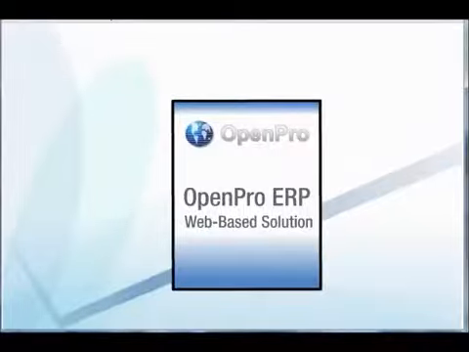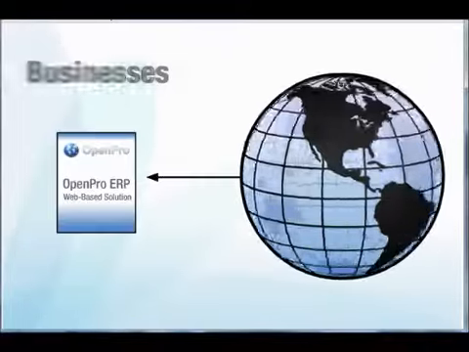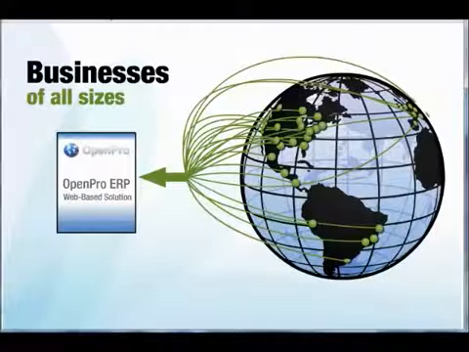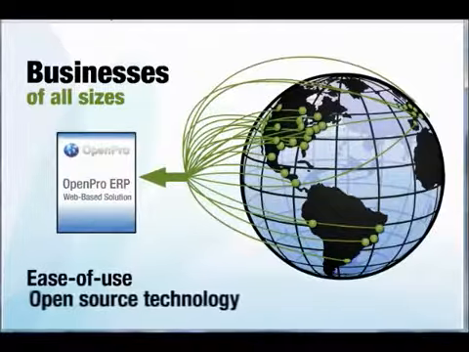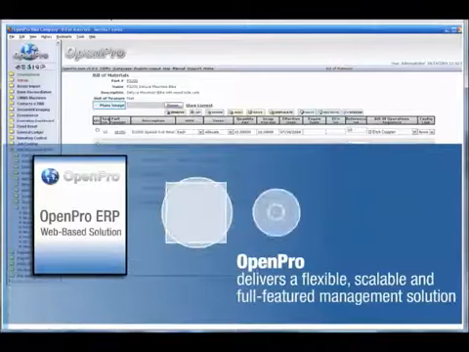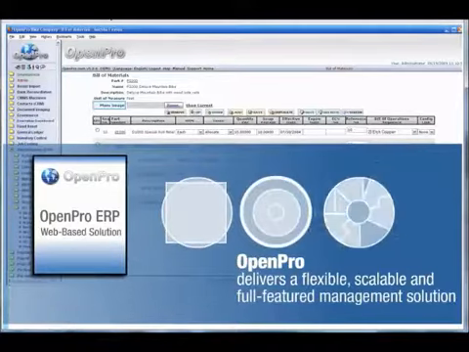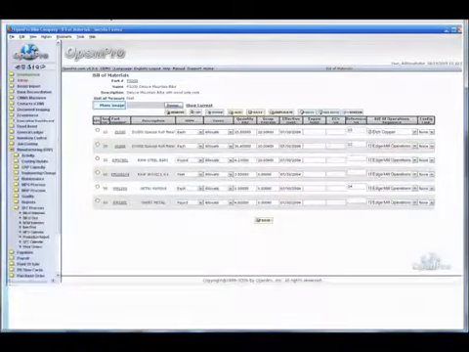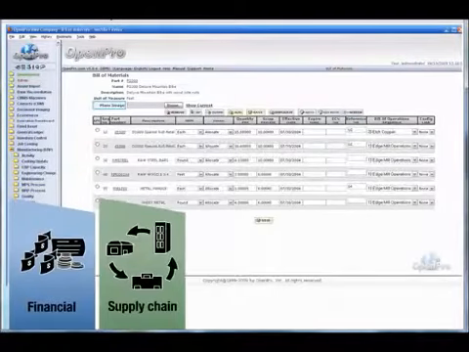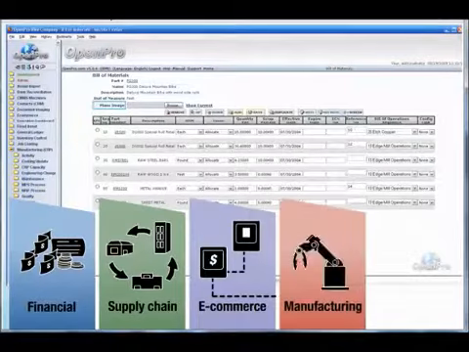Introducing OpenPro Enterprise Resource Planning Web-based Solution. Businesses of all sizes and across a variety of industries have already discovered OpenPro Web-based Solution. With its ease of use and open-source technology, OpenPro delivers a flexible, scalable, and full-featured management solution. And with its suite of integrated products, OpenPro's web-based solution can handle all your financial, supply chain, e-commerce, manufacturing, and